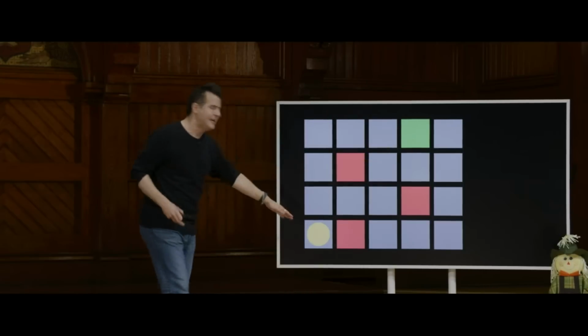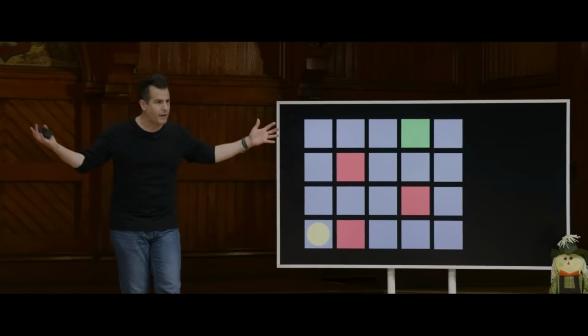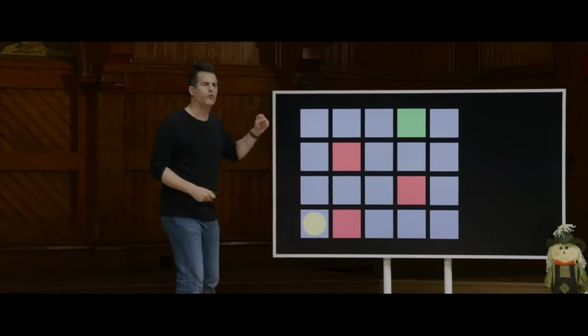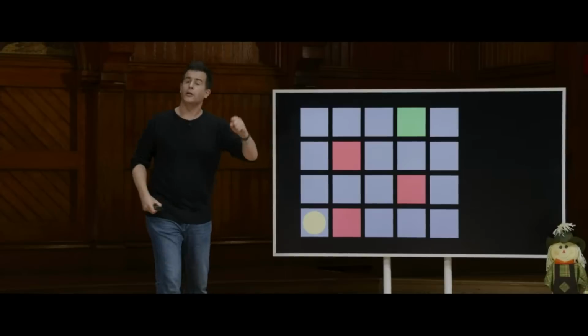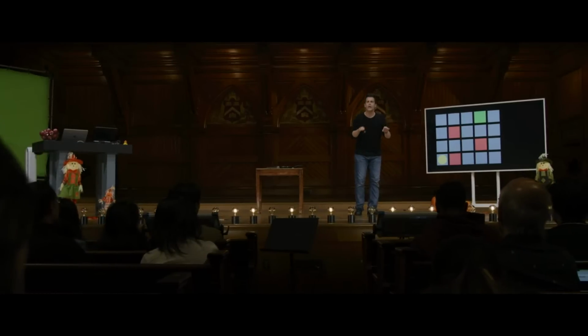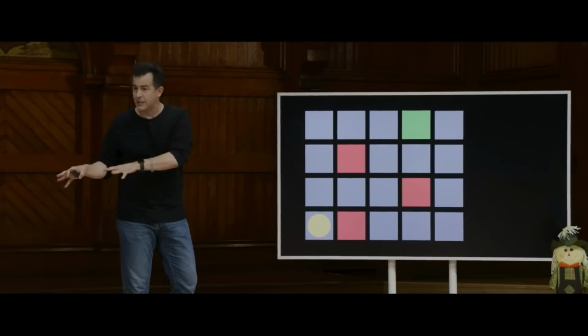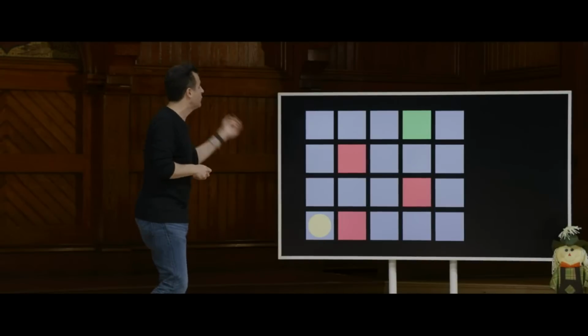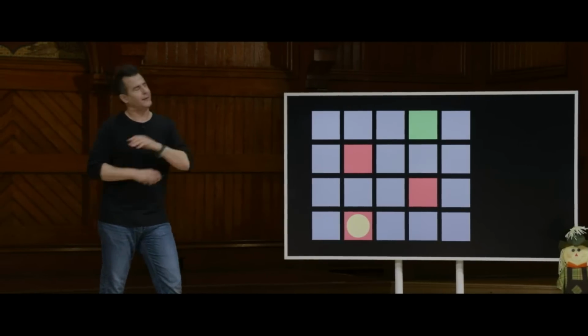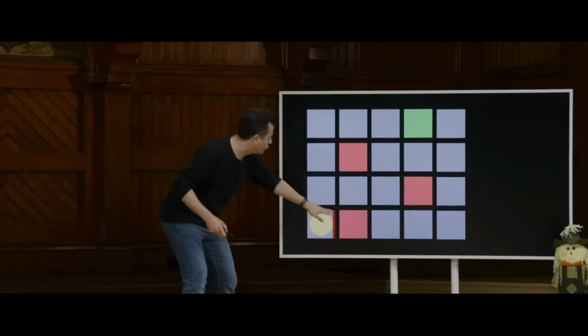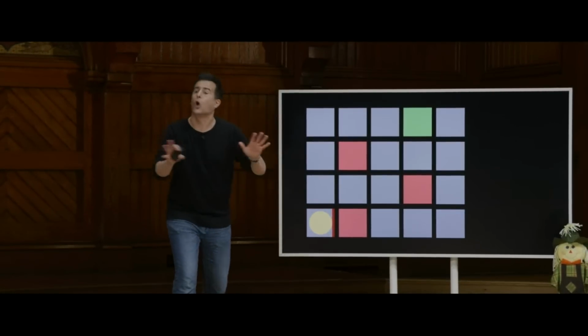But the yellow dot, as in any good game, does not have this bird's eye view and does not know from the get-go exactly where to go. It's going to have to try some trial and error. But if we, the programmers, maybe reinforce good behavior or punish bad behavior, we can sort of teach this yellow dot, without giving it step by step, up, down, left, right instructions, what behaviors to repeat and what behaviors not to repeat. So for instance, suppose the robot moves right. That was bad. You fell in the lava already. So we'll use a bit of computer memory to sort of draw a thicker red line there. Don't do that again.